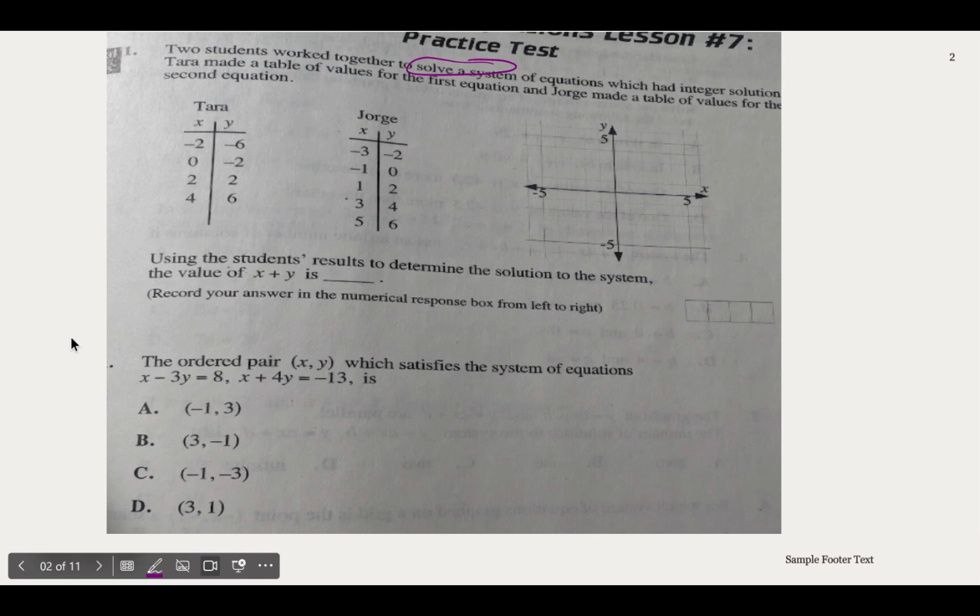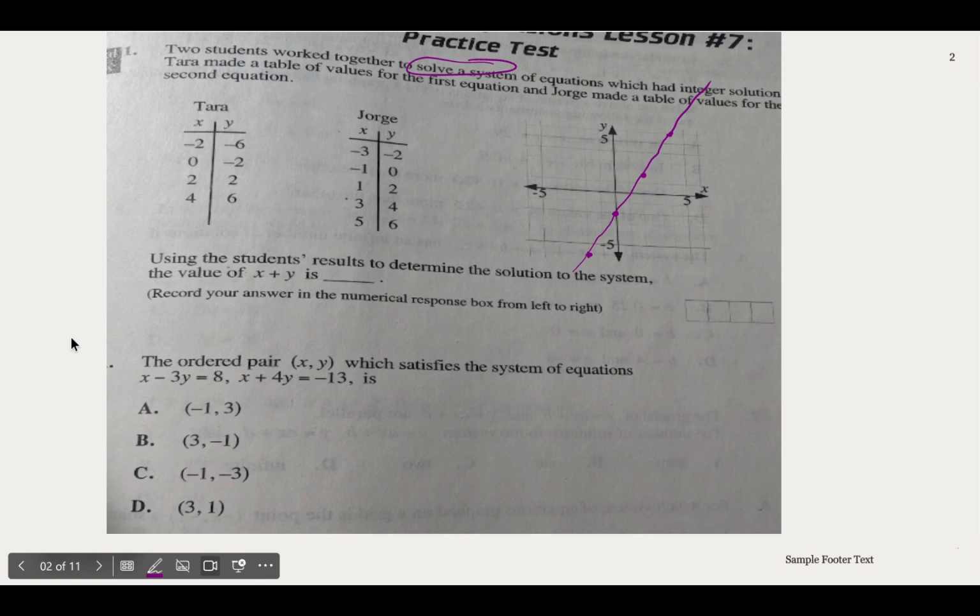So we have two sets of data. We're going to graph that data and then find that point of intersection because that is the solution to the system. So let's start by graphing -2, -6, 0, -2, 2 and 2, when x is 2, y is 2, and 4 and 6. So that's my first one, and then I would connect my dots in the straightest line as I can do,